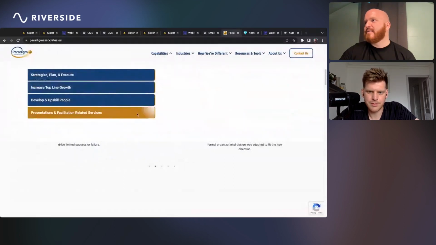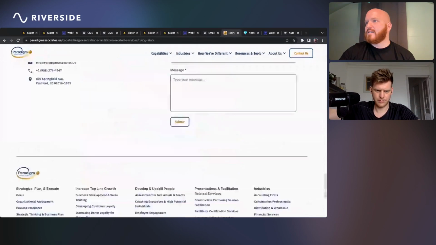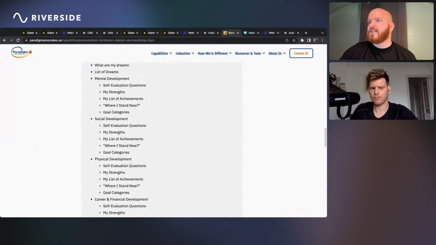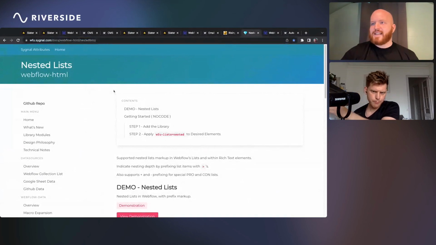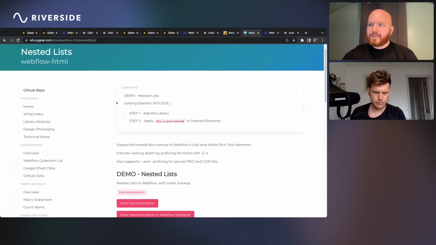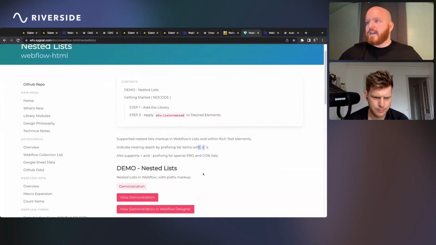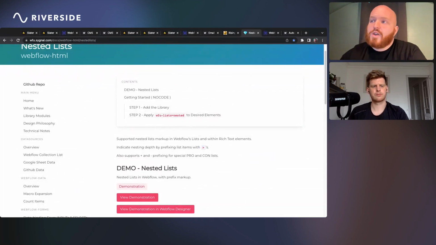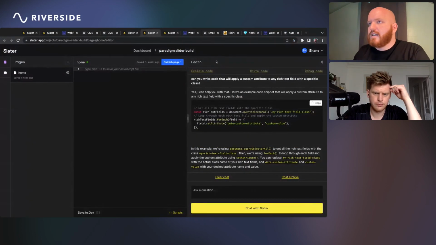Okay, so this one was fun. Let me take you to a page real quick. This is in rich text fields, and what's happening is you see these nested lists. This is code. I found this really cool power up just online somewhere. Basically, all you do is add these two libraries of code, and then you tag your rich text fields with this attribute, and then you indent the code with a greater than sign.